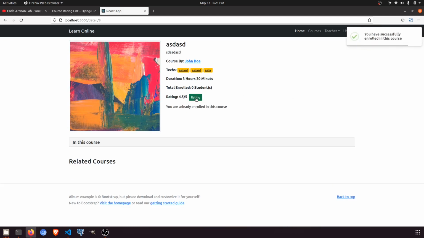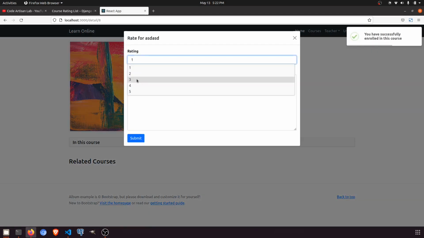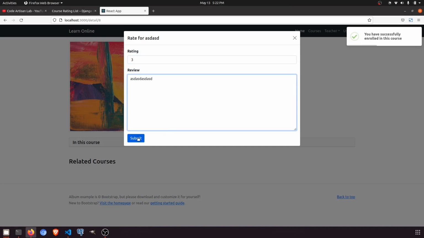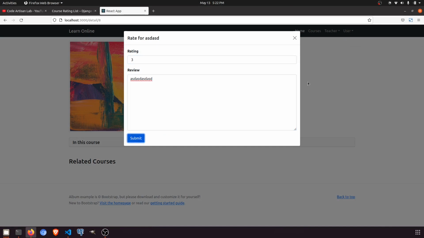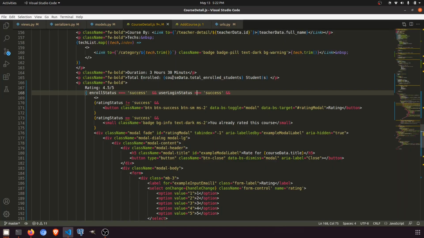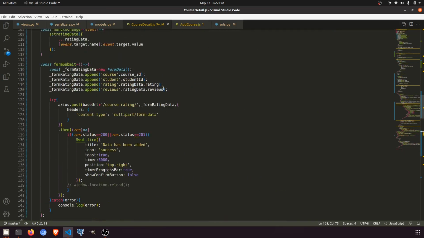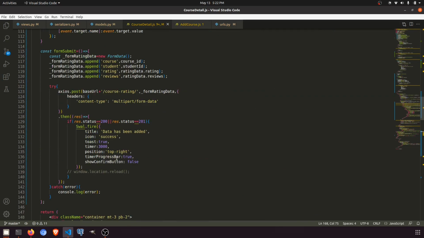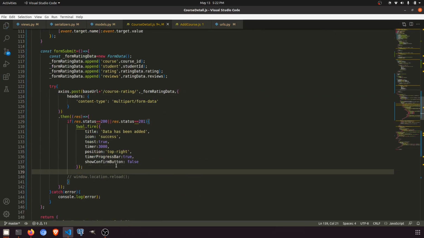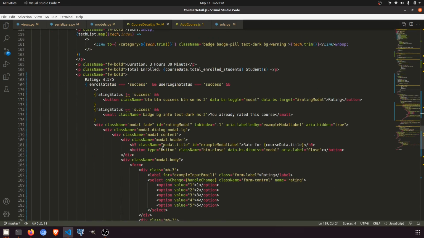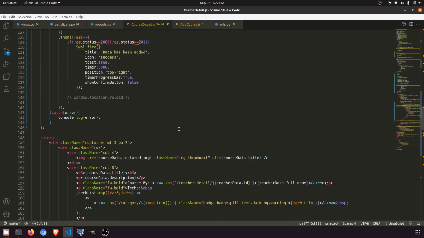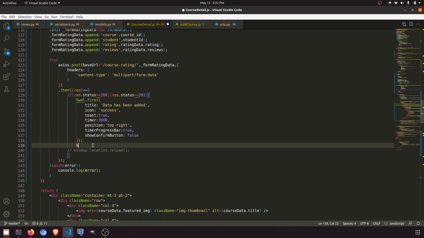Enrolled, rating, we have 4, 3. Let's say submit. Okay, so data has been saved, but we have to close this modal now. So here in the course, whenever we have success, we will show this, and then we will close the modal, right? So we have this rating modal, so we can close this with the help of,